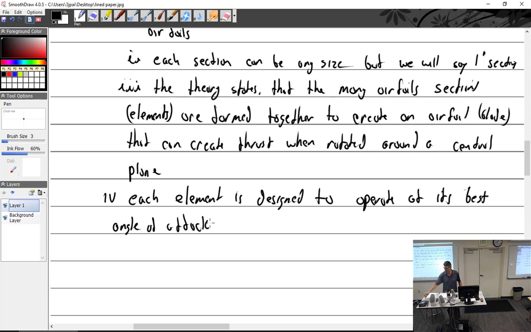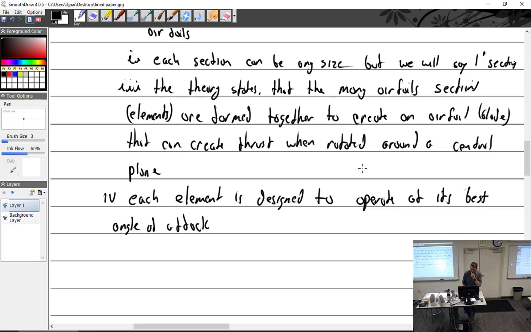So is that to say, no matter what pitch the airplane is at, each segment of the blade works at its best angle of attack? Well, now we're just talking about a wing right now, to make it simple, because they're going to make it very complicated in a second. So you have to understand angle of attack with something very simple like a wing going forward. It's about the relative wind. Got it. So in a little bit, we're going to twist it and make it go sideways and then look at it different, because it's going to be in multiple planes of existence at the same time.